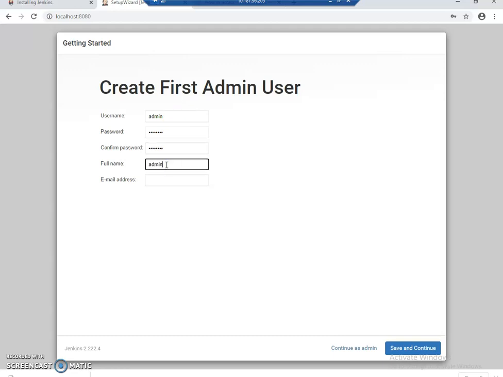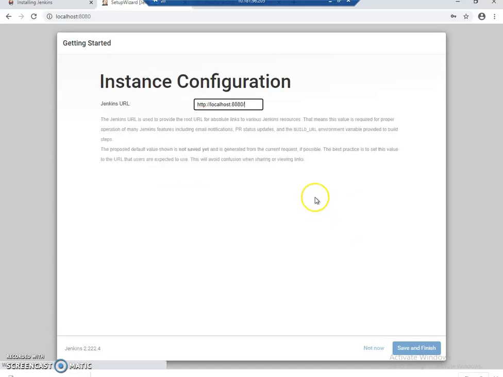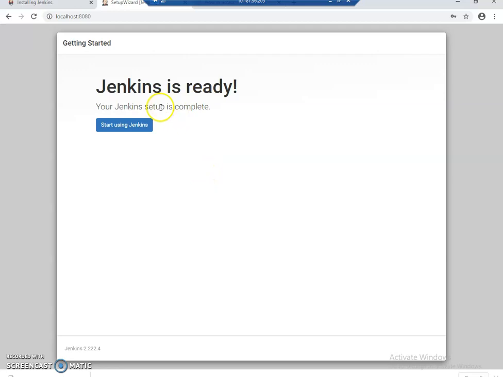Full name also admin, and you can give the email address here, @melinator.com. Save and continue. Admin localhost. Save and finish. Start using Jenkins.